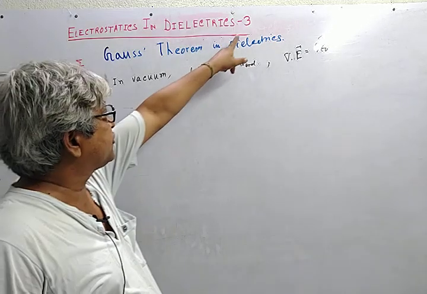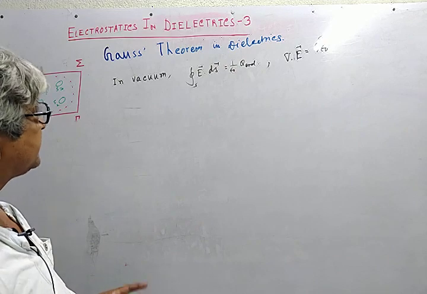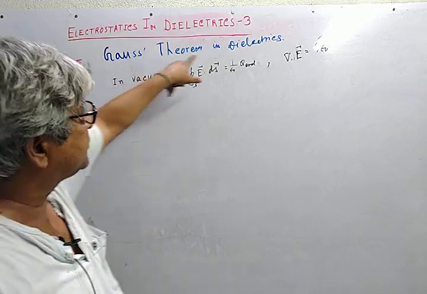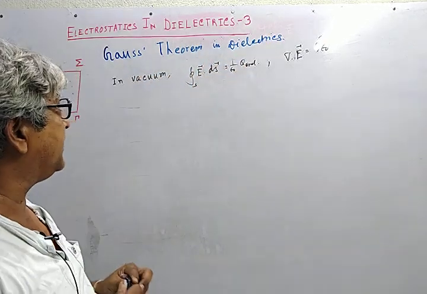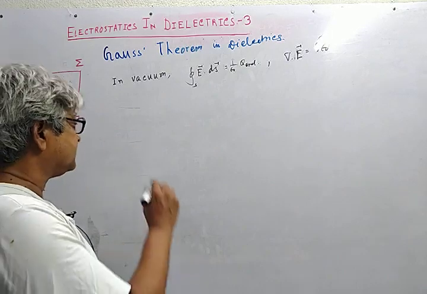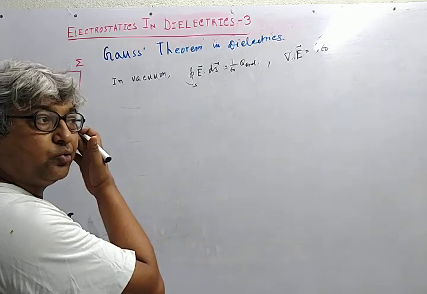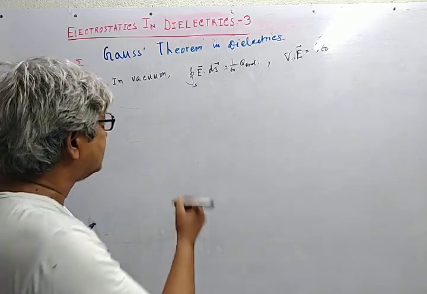This is the third lecture on electrostatics, electrostatics in dielectrics. Today's topic is Gauss's theorem in electrostatics. Let me first recapitulate what we did in the earlier class. In the earlier class, we found out the field at an external point due to a polarized dielectric, and we came